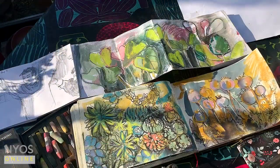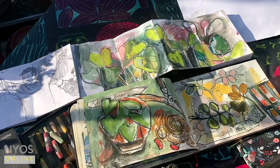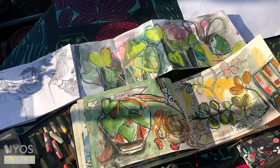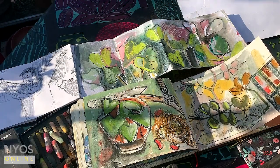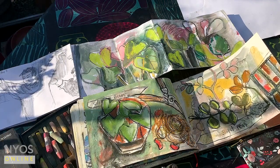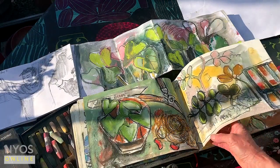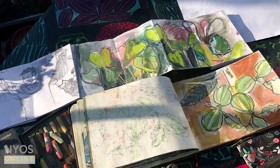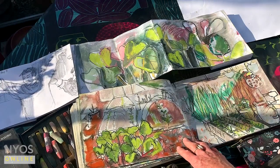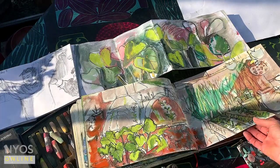I have multiple sketchbooks, lots of different sizes on the go at the same time, and I work quite quickly, so my work is quite spontaneous. Trying to capture a lot of the essence of objects, the movement, simple shapes I'm really interested in, as well as the detail. And I work in lots of different media, so I'm doing a lot of work in pastels and ink and charcoal at the moment,